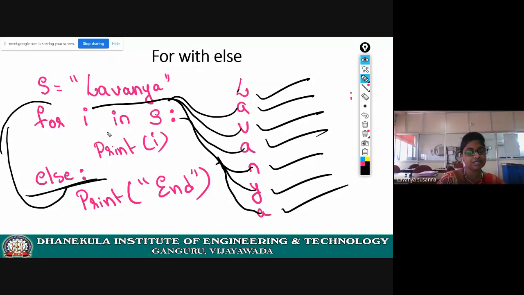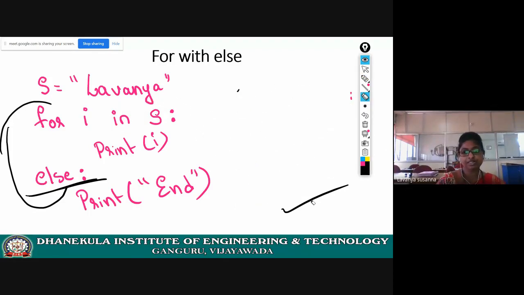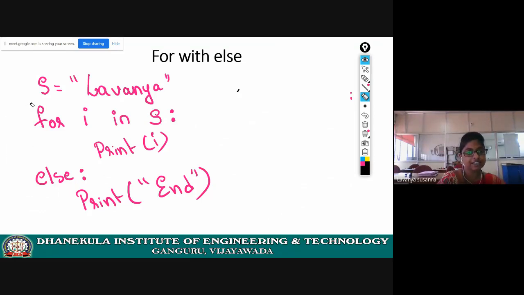Once again, I'm repeating: this else block will get executed when the condition inside the for loop is false, or when control comes out of the for loop.